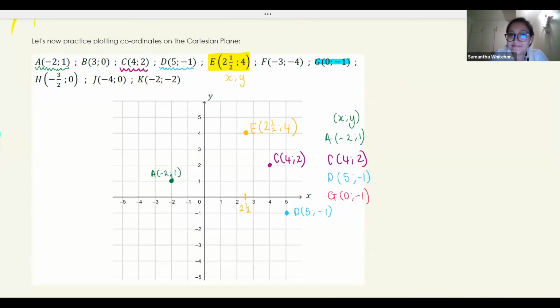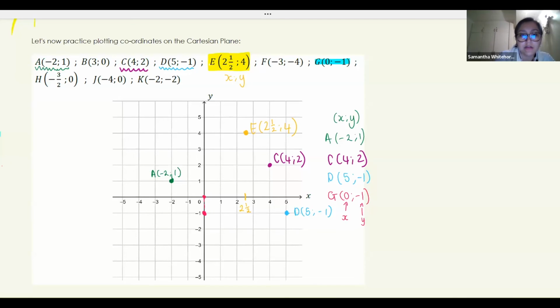Ma'am, since it's positive 0, it's probably still stay in the middle, ma'am, for your x-axis, and then for the -1, then you have to go down to the y-axis. Perfect. So guys, that 0 is your x. It means that you haven't moved left or right. So it's going to stay at 0 on x. And then exactly, y is -1. So we go down, and where we meet at -1, that is where we plot our point